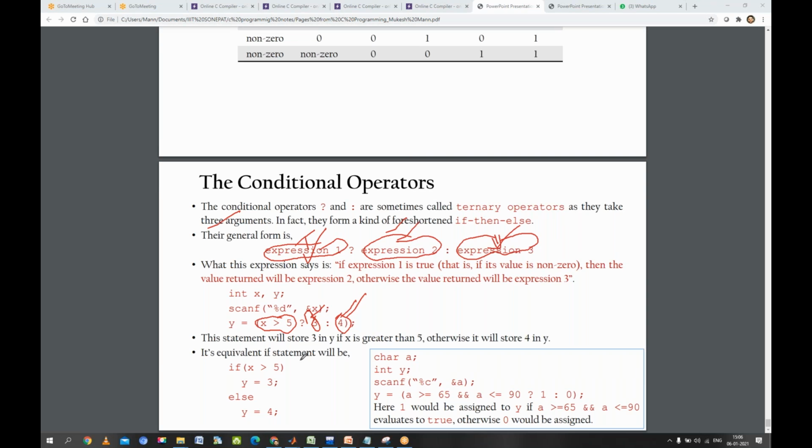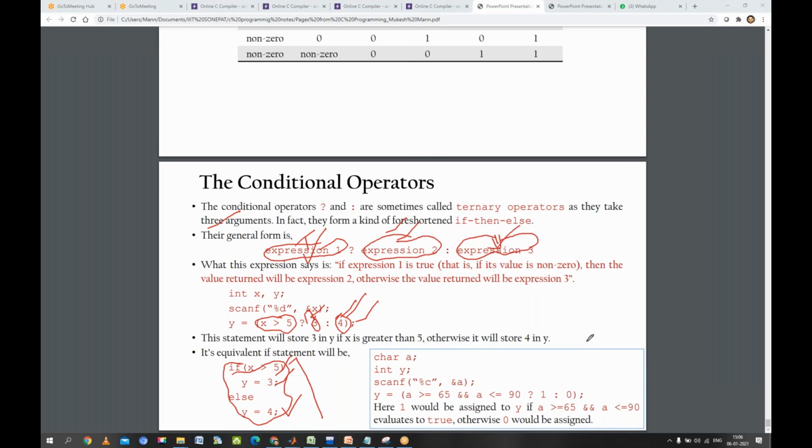Yes, sir. Okay, if you do not want to write like this, then how would you write it with if else? If you want to use if else, this is how we write it. If x is greater than 5, then we output y equals 3, else we output y equals 4. If you do not want to write all these lines and want to use the ternary operator, this is how you can do it. x is greater than 5, then question mark, then 3, then colon, then 4. So this is expression number 1. If expression number 1 is true, then the result of expression number 2 will be taken. Otherwise, the result of expression number 3 will be taken. Is this clear to everyone?